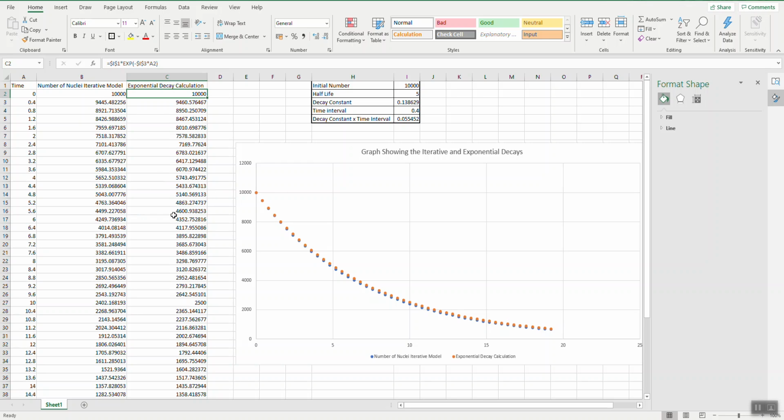And what we'll see in this graph, it plots the two things. And what you'll notice is that the iterative model starts to slowly pull down below the exponential decay model. Now, as my time interval goes up, if I increase the unit of time that I'm going to use in my iterative model, what will happen is these two things will agree less and less and less. So if I go to 0.8 seconds,